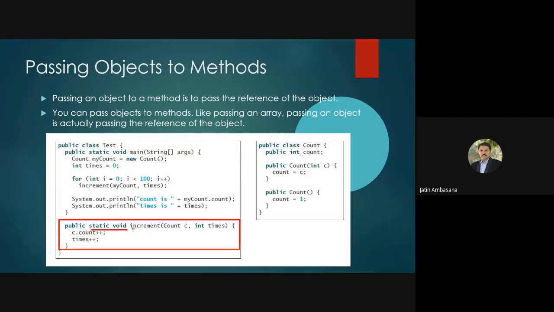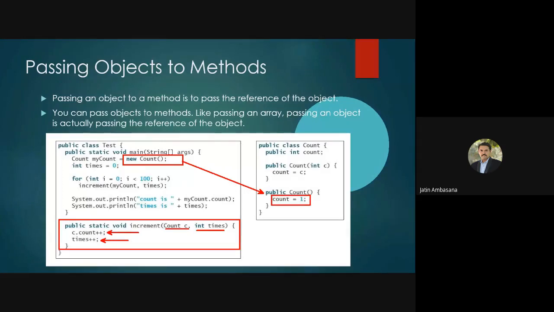This is a static method, so it is directly called inside main, and it accepts a Count object and integer variable times. It increments the count value of the C object and it increments times. So it increments this C count. We know that by default when we call this constructor, obviously this constructor would have been called.